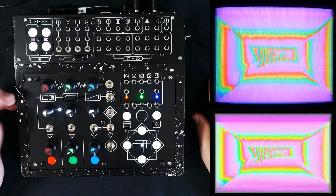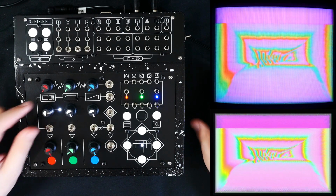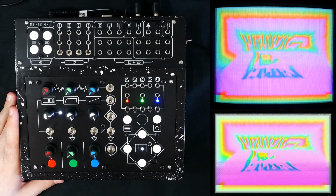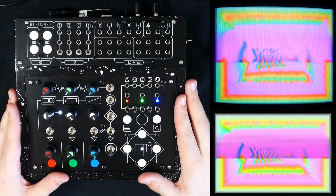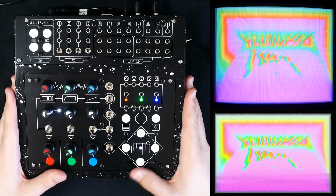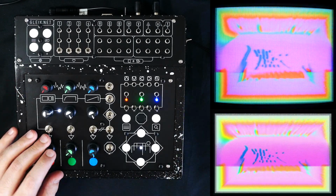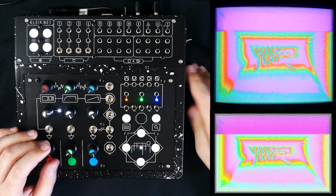So between GVS009 and this build, I spent a couple months working to redesign the internals of this thing. So now the internal circuits are all built into a single printed circuit board, and all the controls are also PCB mounted controls. So they all slot directly into this front panel that I've designed, and I'm really happy with where it's at. The person that commissioned this build initially had come to me asking to potentially design their own front panel, and while we ended up going with my designs,